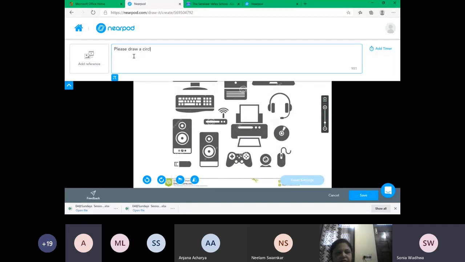When the child screen comes, this question will come with a pencil. So using mouse or using touch screen or by just dragging and dropping, the child can draw here. The child has to actually select this area. There is no right or wrong answer, but it gives them a creative platform.